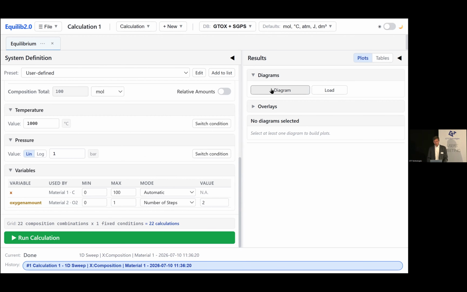But then the idea is that it should be easy to create diagrams that contain already the overlay information, because we've run both calculations at once, all of the data is there, and then we just can define the diagram like that. Okay, now